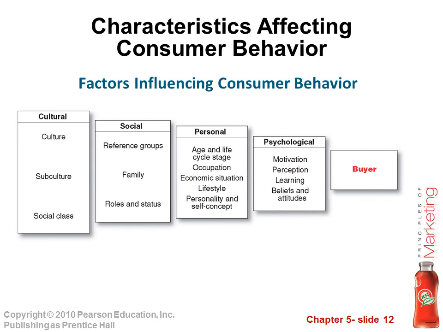These are combined under the title responses. Again, we will stick to these models in our consumer behavior module. For instance, we will use the cultural, social, personal, psychological, and buyer influences. All these influences will affect the buyer or consumer behavior. Culture and subculture and social class will each be explained in the forthcoming slides. Social reference groups, family, and status will be analyzed as well. Personal factors include age and life cycle stage, occupation, whether you are a doctor or a judge or whoever, economic situation, whether rich or poor, lifestyle as well, and motivation, perception